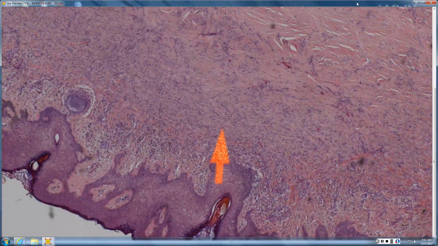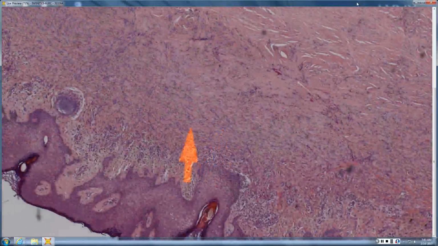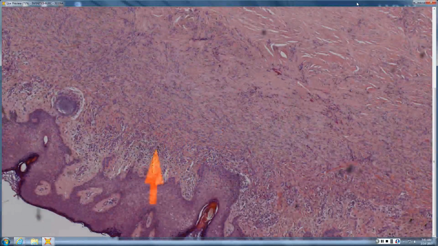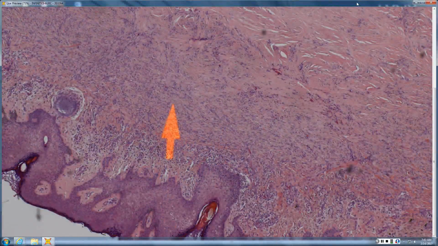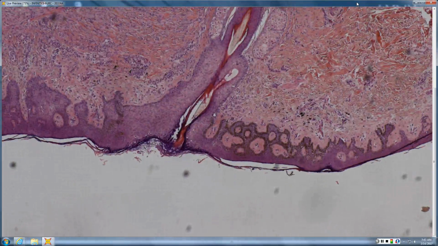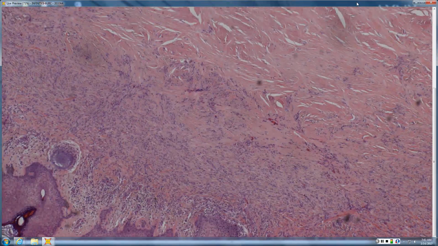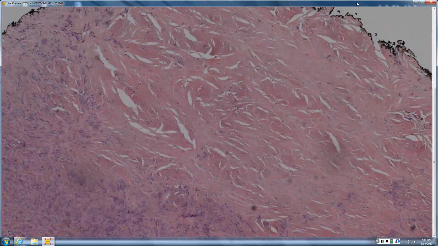So you have a very acanthotic epidermis and a busy dermis. So think about DF possibly. Acanthotic epidermis over a busy dermis makes you think DF. You've got follicular induction, which helps. You have some collagen trapping at the sides. And you have more cellular and less cellular, more sclerotic areas, which occurs in dermatofibroma the same way it occurs